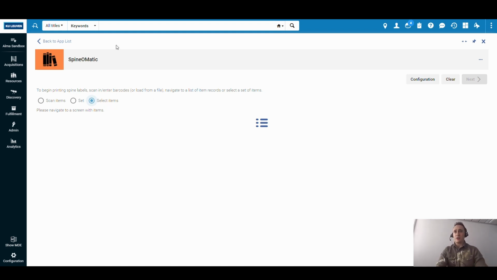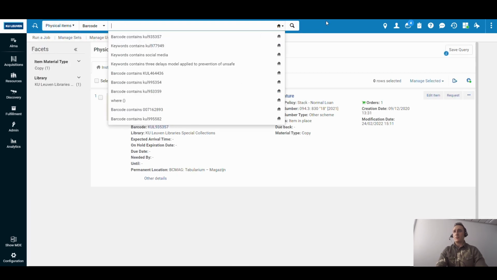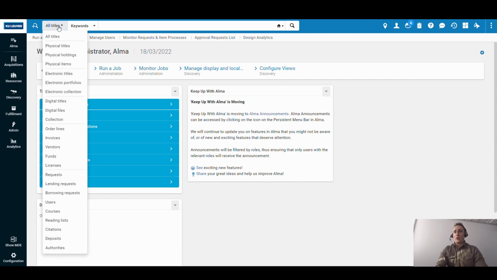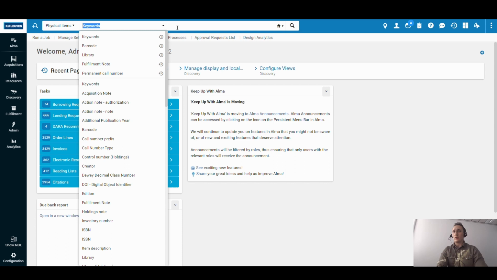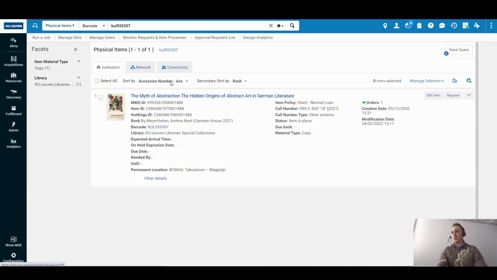And how does this work? What I practically do is, let's just clear this out and do this in a whole new window. We're in the Q11 sandbox. What you need to do is to perform a physical item search based on either keywords or barcode or whatever you want, but it has to be a physical item search, and search for an item. I search for the specific one. Now I can see here on the right top corner that one cloud app is suggested for this action, for this item. So I click on it,